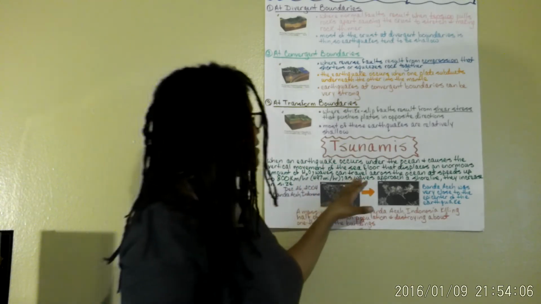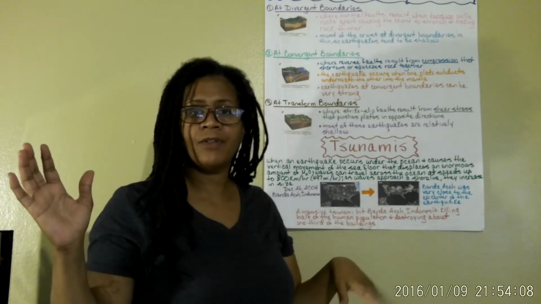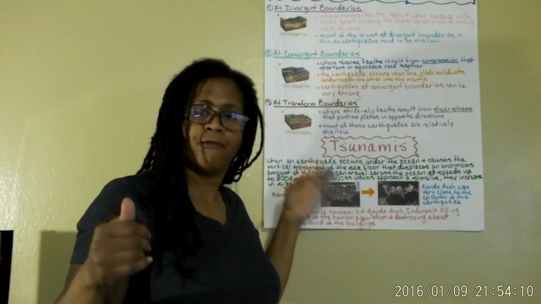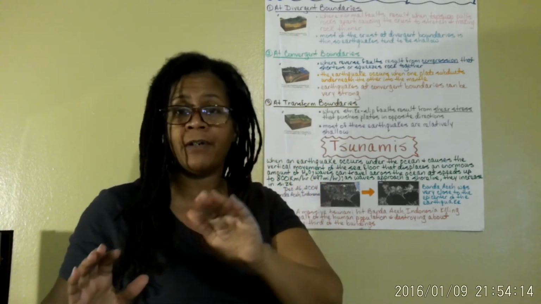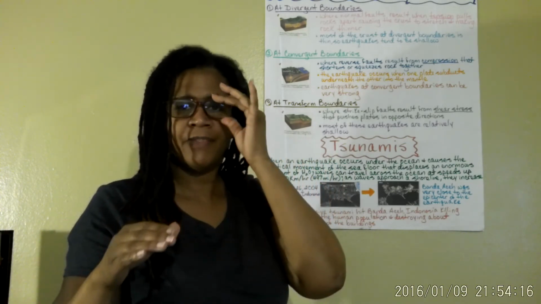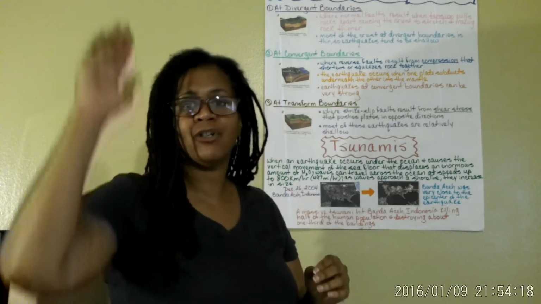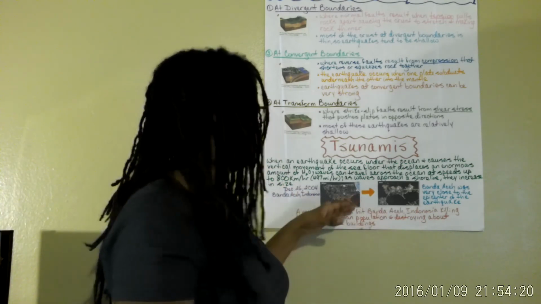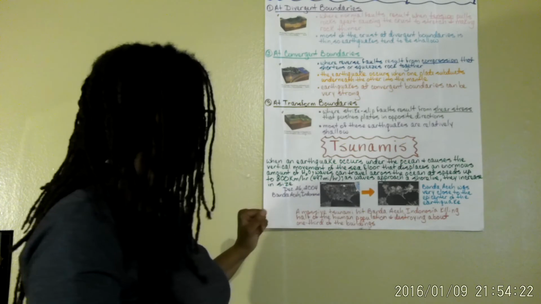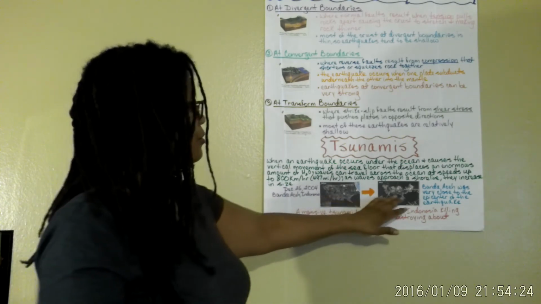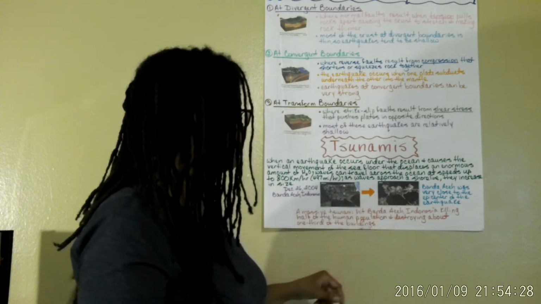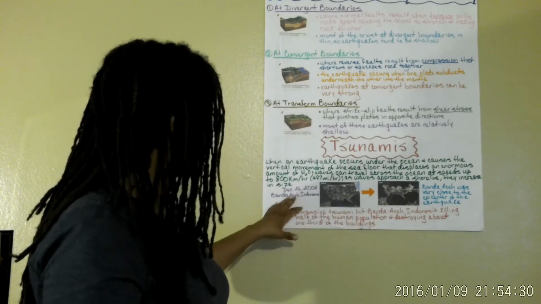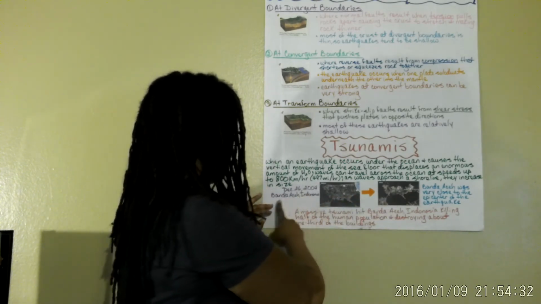And what happens is, as the waves move from the ocean closer to the shoreline, closer to where we are, then the waves actually get bigger. They don't get smaller, they get bigger. They increase in size. And these two pictures in the anchor chart show this one city in Indonesia,